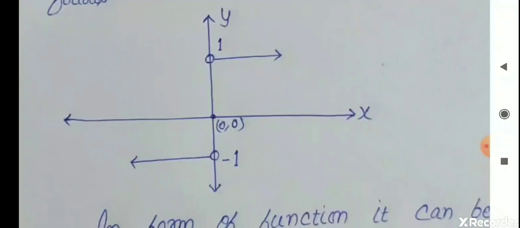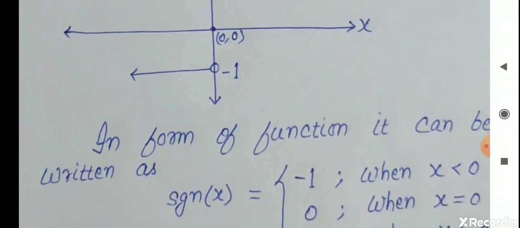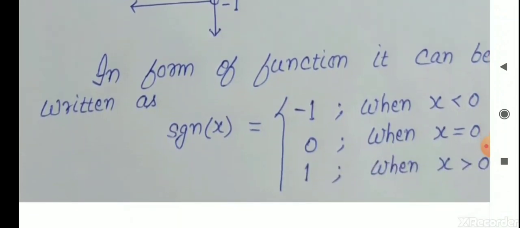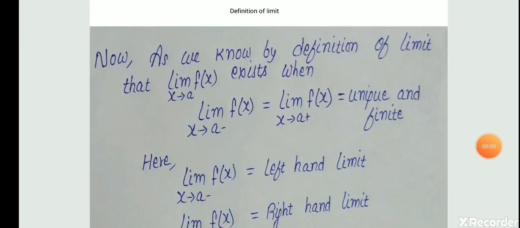So in form of function, we can write it as signum x is equal to minus 1 when x is less than 0, is equal to 0 when x is equal to 0, is equal to 1 when x is greater than 0. By definition of limit, we know that limit f(x) x tends to a exists when limit f(x) x